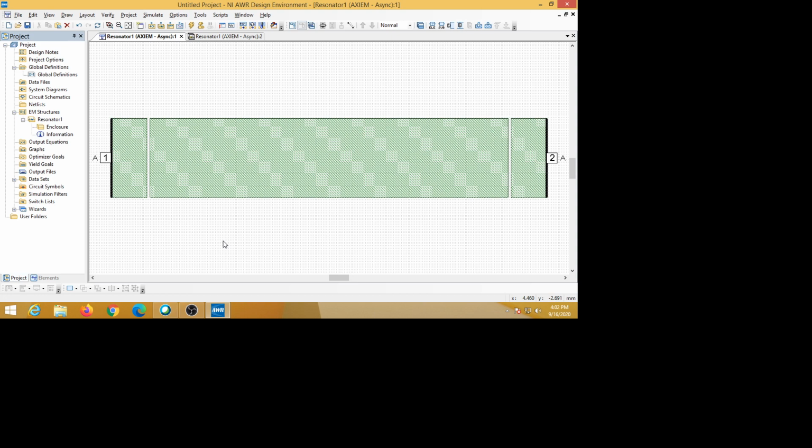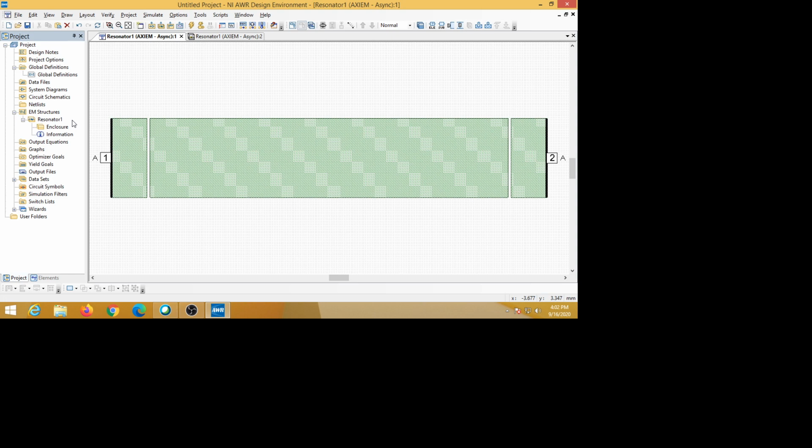So we will fix the range from 2 to 7 gigahertz, because the center frequency is 5 gigahertz. So we can start from 2 gigahertz and stop at 7 gigahertz. That also we should tell the simulator, from which frequency to which frequency it should simulate.